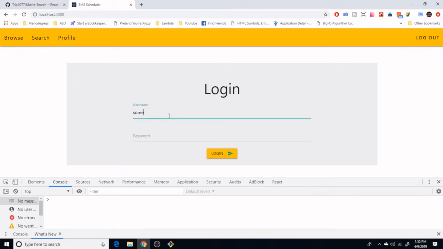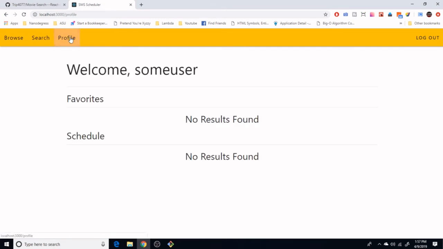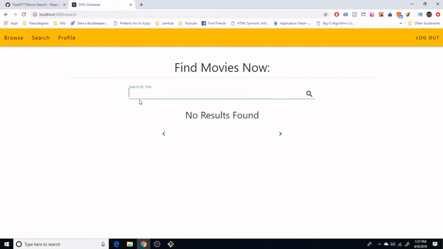we can do some user and password. If we hit login, this will generate a JSON Web Token, so it knows that we're logged in and authenticated. From there, we can go to our profile, where it will welcome us with our username, and you can see we'll have a favorites list and some kind of schedule, but we don't have any results yet because we're a new user. So to solve that, we'll go over here to search, and we'll just perform a quick